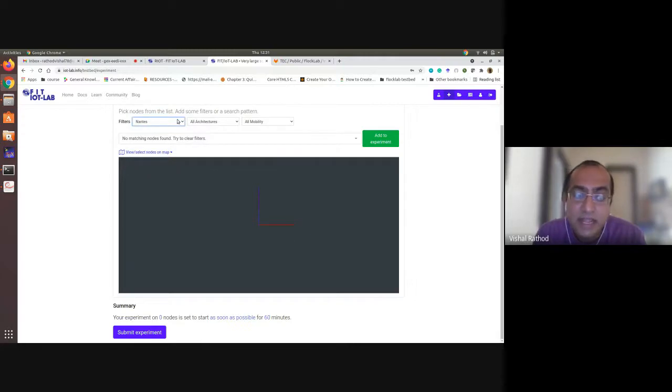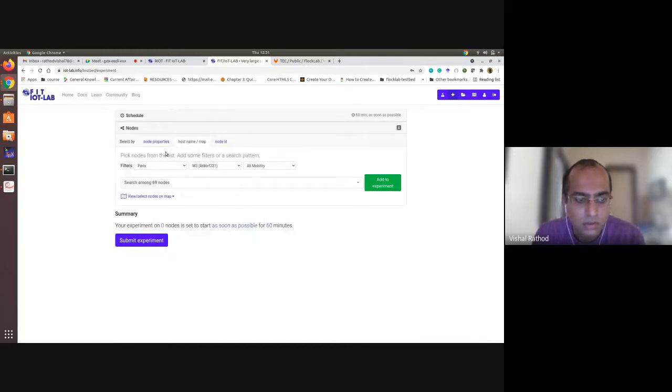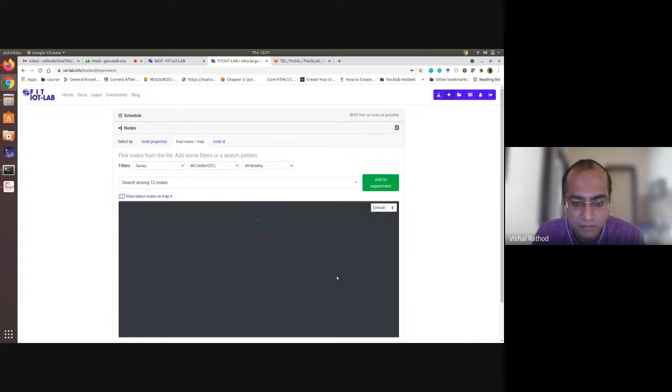Nantes is a new site. They just introduced it yesterday, but the nodes are still being deployed. It is under process. Then Paris, you can see here, you can easily create any topology like this. Then you can see Saclay. Saclay has only a very small number of nodes. So most people use the Lille site, because if you want to create a grid topology or half dumbbell, it is the base site.